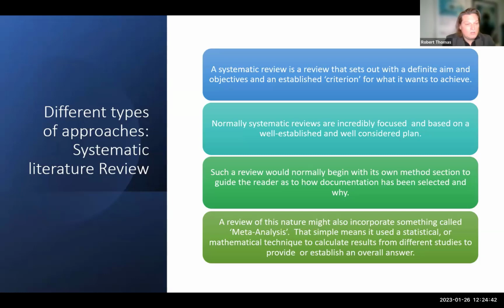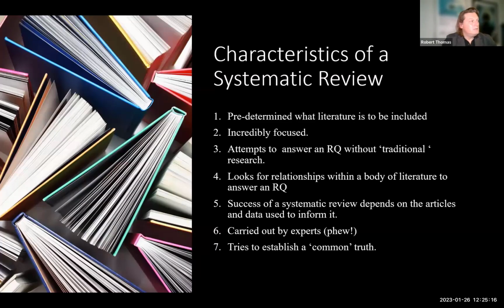So you arguably will not have to do a systematic literature review depending on your level of study, but some of the basic elements of this, which is the concentration of literature, is a lesson that you can take forward into writing what we call an integrative literature review, which is what I'm going to touch upon for the moment. So a systematic literature review is a review that has an established criteria, a very deductive, a very distinct line of questioning within it, where most literature reviews are an evaluation of a broad sense of ideas. So the characteristics: predetermined, incredibly focused, and tries to establish a common truth, wherever that may be.